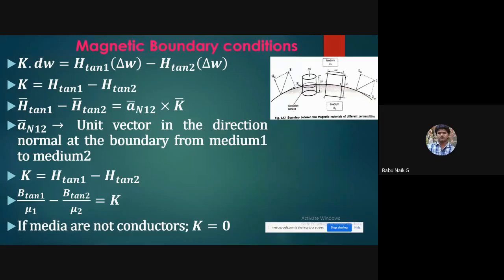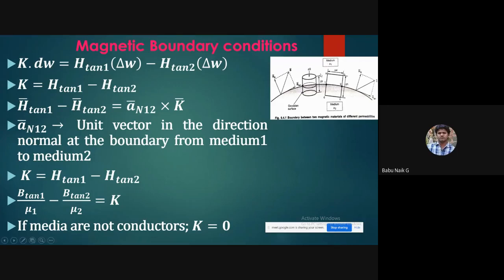So you can just concentrate. Tomorrow I will show once again with this closed path, in a similar way to what we have seen in electrostatic fields on boundary conditions. Now the closed path to calculate the magnetic field intensity goes A to B, B to C, C to D, and D to A. Now A to B, that length is delta W, the width of the closed path, and the height is delta H, that is B to C.